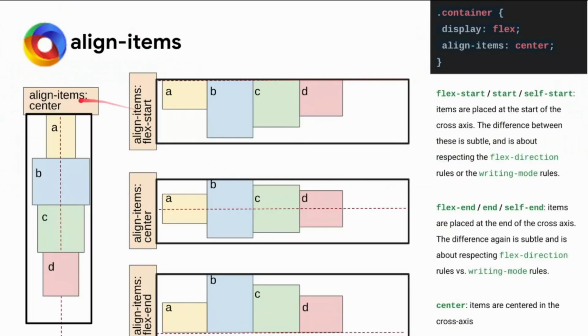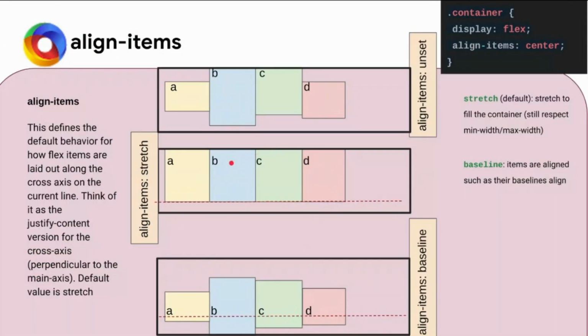Another value is flex start. It starts from the very beginning, so everything is aligned to the top. In the case of column, everything is aligned to the top. With align items center, it aligns everything on the central axis. Alignment means the height is adjusted in the case of row and the width is adjusted when it comes to column. Then there is flex end, where everything is aligned to the end part. So this is how alignment is done: at the top, at the bottom, or in the center, or we can stretch everything to the same height.